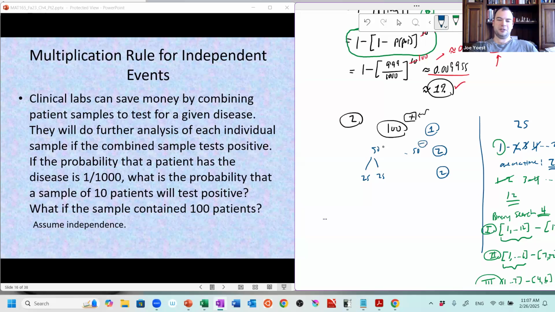Let's say this pool tested negative. I could do a binary search like this. I would have to do 9 tests for the 900 patients in pools that tested negative, and then a handful more, maybe like 10 or 15 more. I could do like 25 or 30 tests to find the one positive in the 1,000 people. Instead of having to do 1,000 tests, I can cut my reagent use by maybe a factor of 30.